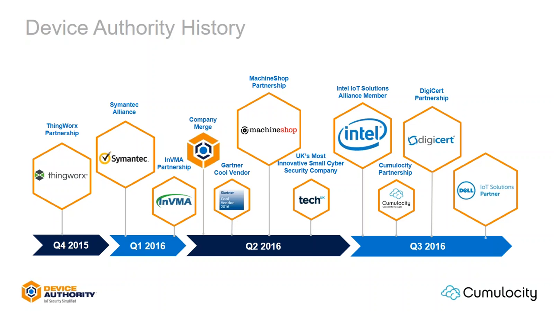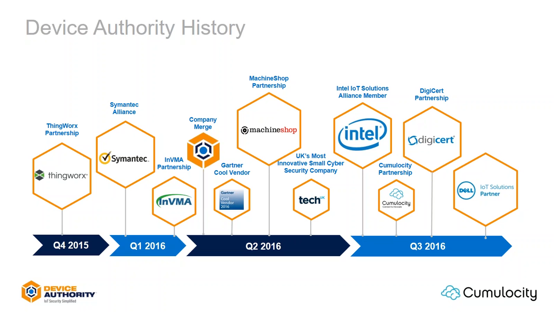So a brief history of Device Authority. We obviously have spent the last few years aligning with strategic partners. You'll see some big names on this history chart here, but obviously there are the likes of the IoT platform providers such as Cumulocity, and as well you'll notice the other security vendors along this timeline such as